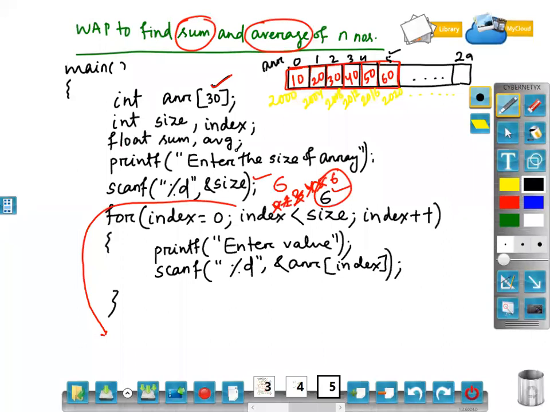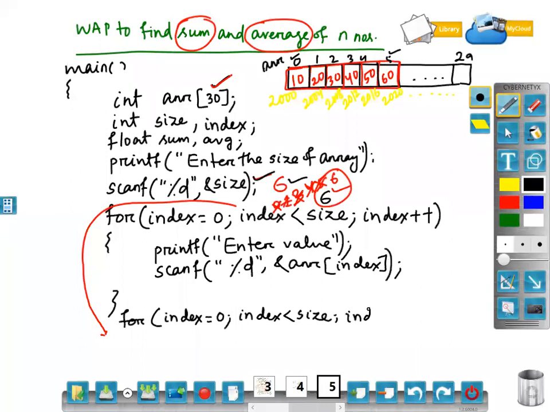So how to find the sum of all the numbers in the array? I don't know how many numbers there are because I am currently writing the program. This 6 I will take as input at the time of execution. So that means I can start from 0 and I can go up to a maximum of my size. So 0 to size, all the index values I have to add. How to add those values? I have to again take the help of a for loop, because I can start my index from 0, index will go up to size,